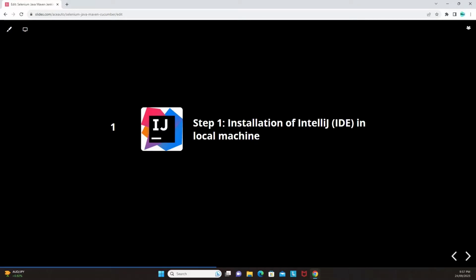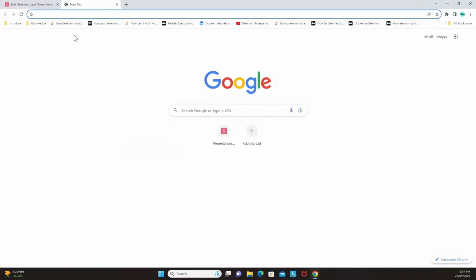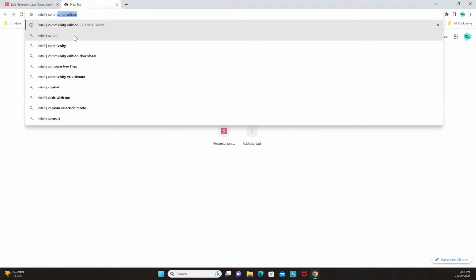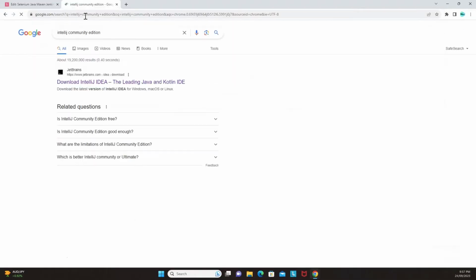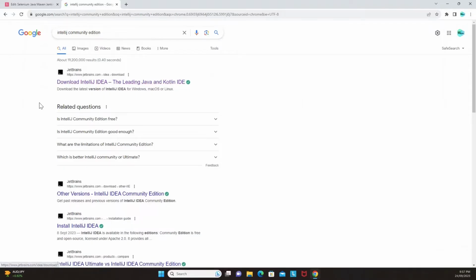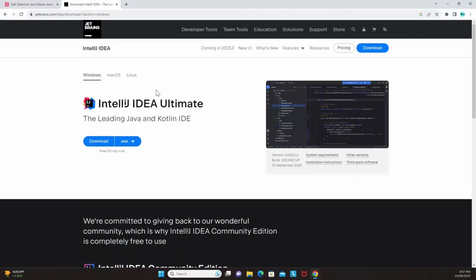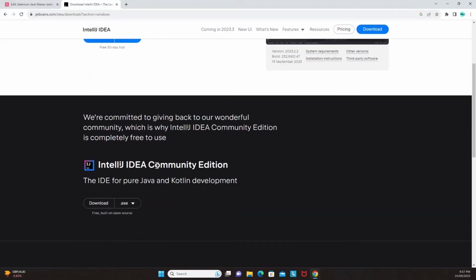So for installation of Intellij IDE in the local machine, what you need to do is you need to click on Google and then look for an Intellij Community Edition. You can search this in your browser and then you can click on the download Intellij, the leading Java and Kotlin IDE. Once you click on the link, the first link that you will be able to see is Intellij IDEA Ultimate, but you do not require to have Ultimate version. What you need to have is the Community Edition, which is free for you,